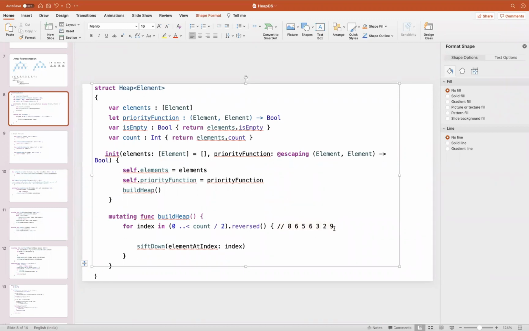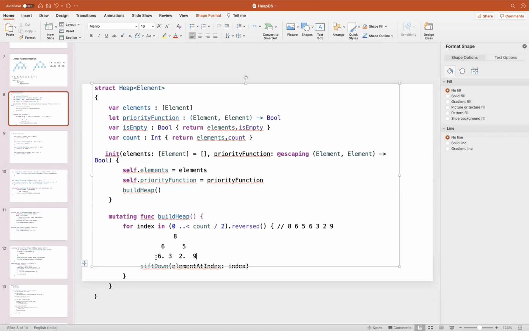Now if I arrange this in a tree format, 8 will be here, then 7, 5, then 6, 3, 2, and 9 will be here.